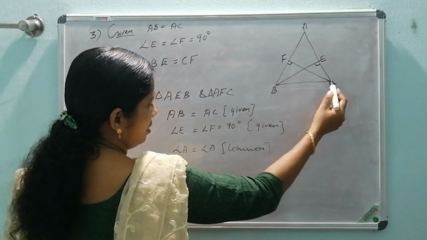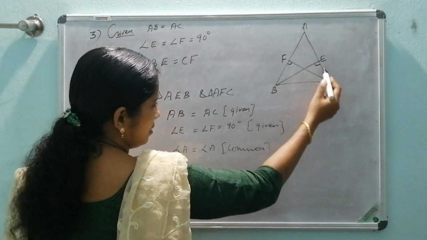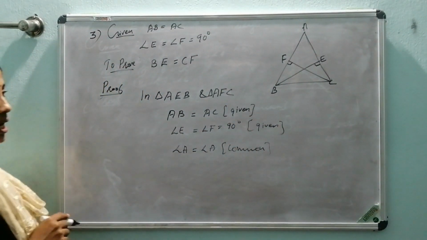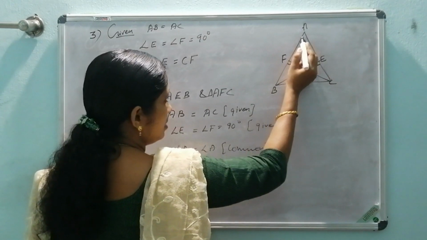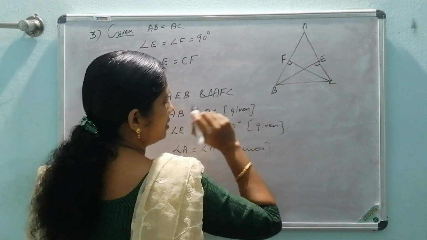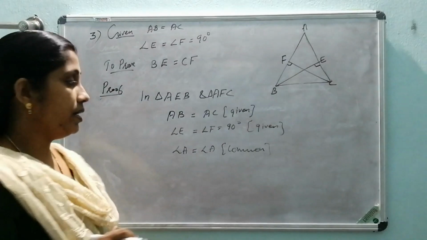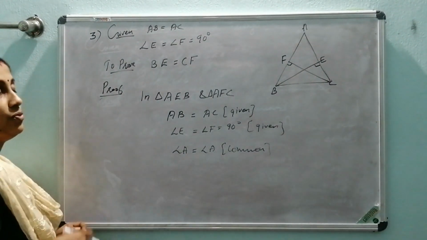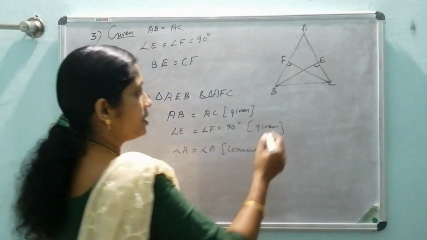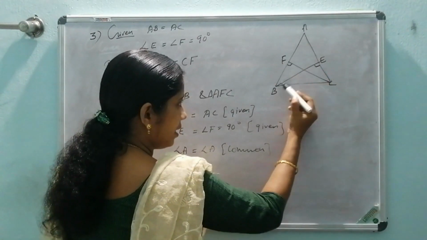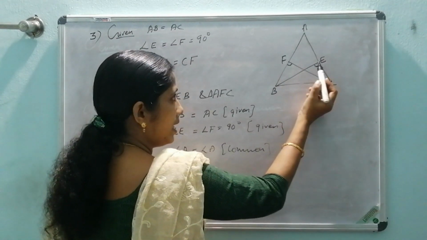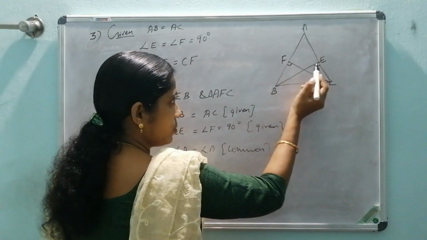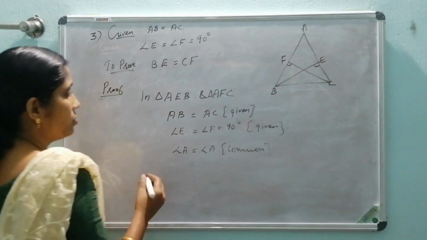One side, this one. Then AEB. Sorry, AEB. If it is AEB, this is one side. So here two angles and one side are given. Look at which congruency is there. Two angles. Which are the two angles? If you consider this triangle, one angle is this one, then one angle is this one, and this side. So AAS.